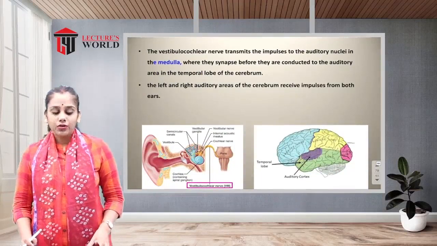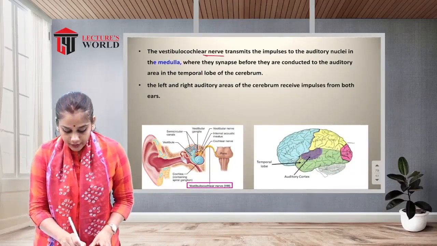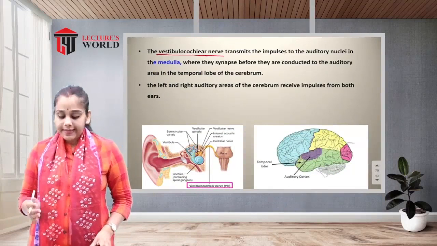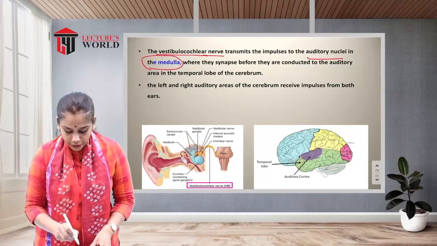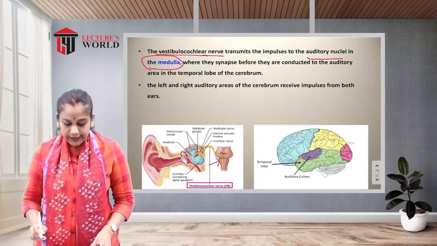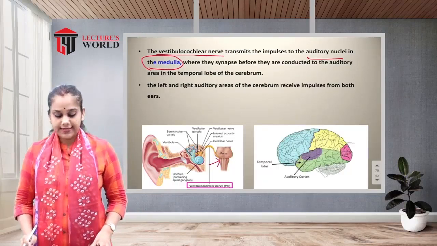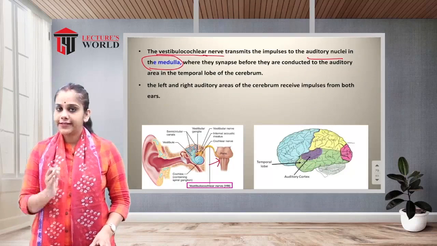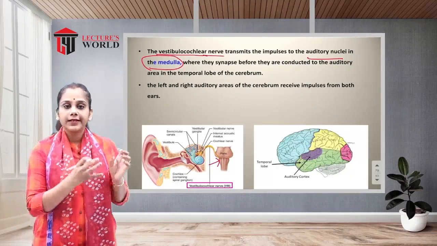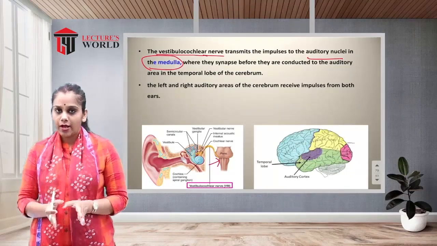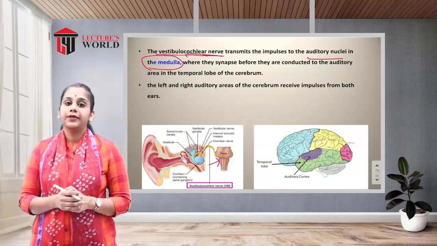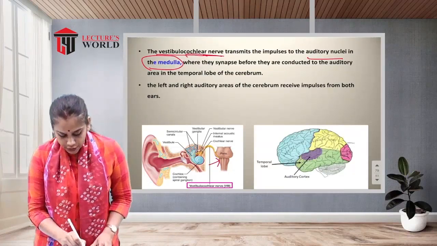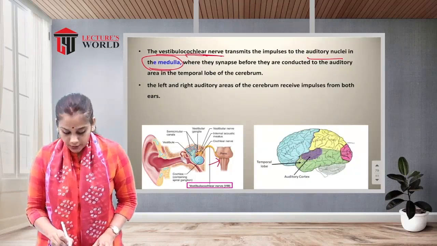Now the vestibulocochlear nerve transmits the impulses to the auditory nuclei in the medulla, into the medulla oblongata. They transmit the impulses with the help of the vestibulocochlear nerve. So from the inner ear, with the help of the vestibulocochlear nerve, they send the impulse to the brain, to the medulla oblongata,